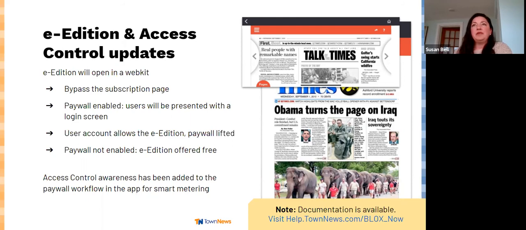The good thing about the login updates that we've done is we've added the ability to use access control metering, which we have not done before. So the app is now aware, if you have your paywall turned on, of that smart metering that access control offers if you're an access control customer. So those are exciting changes,